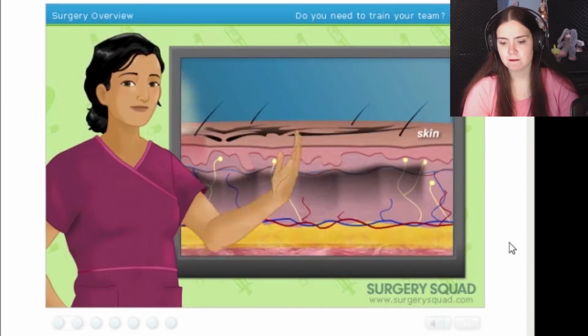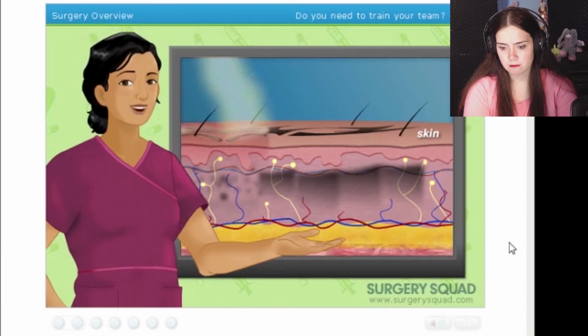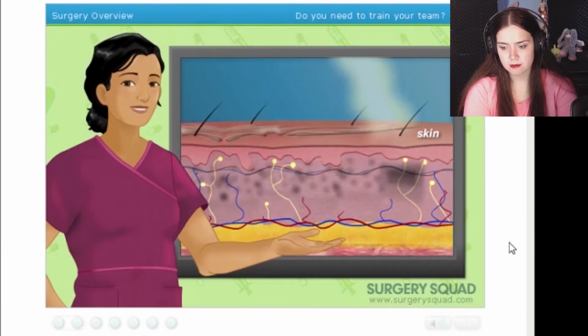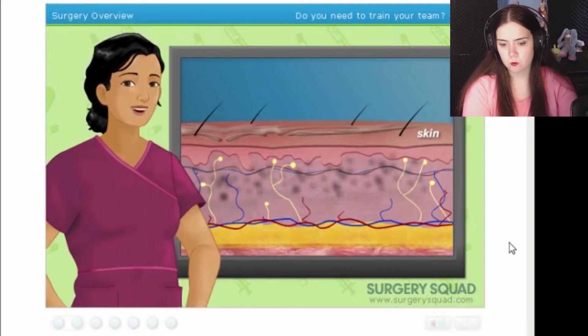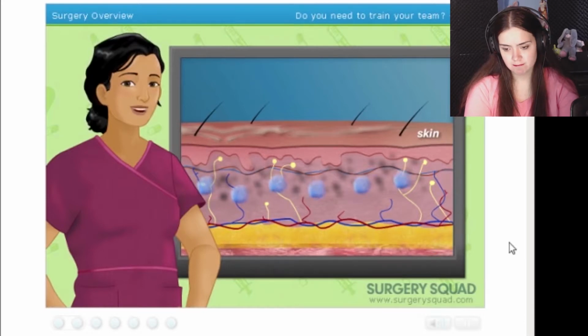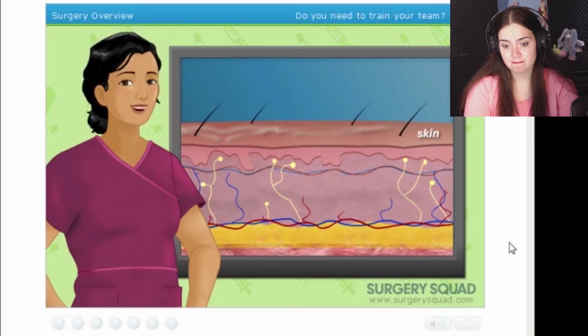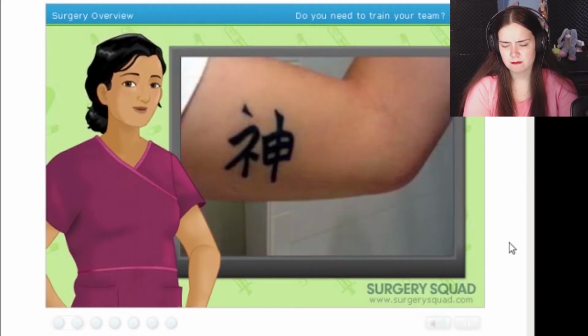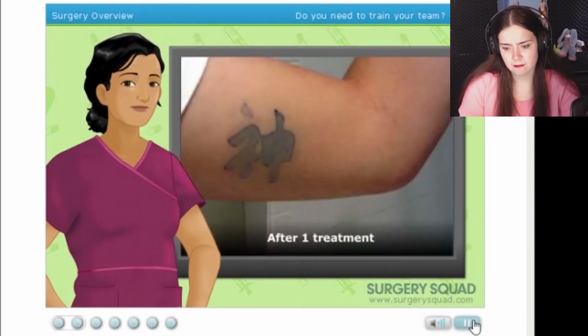Laser tattoo removal is a procedure that uses a powerful laser that reacts with the ink of a tattoo to break it down into tiny particles. The laser directly targets the tattoo pigment and leaves the surrounding skin virtually untouched. After the ink is broken down, it is removed by the body's immune system, creating a natural-looking fade that typically only time or sun exposure would produce. Although laser tattoo removal is considered highly effective after